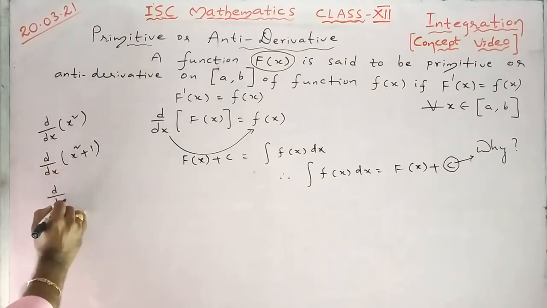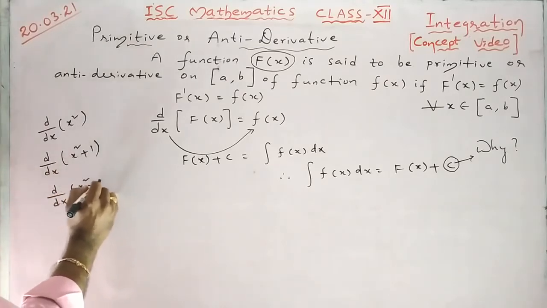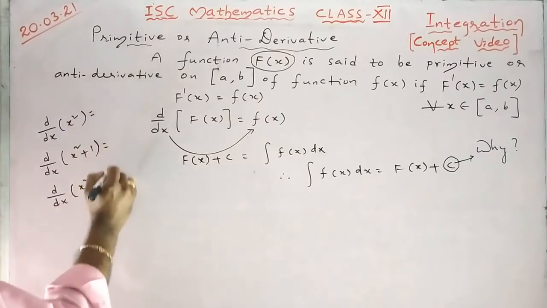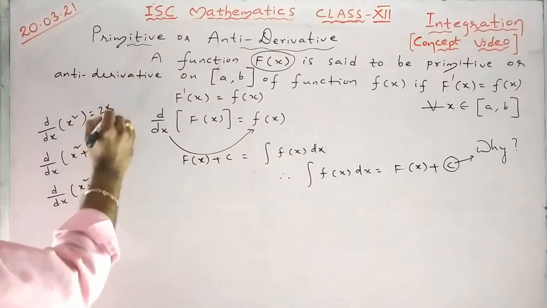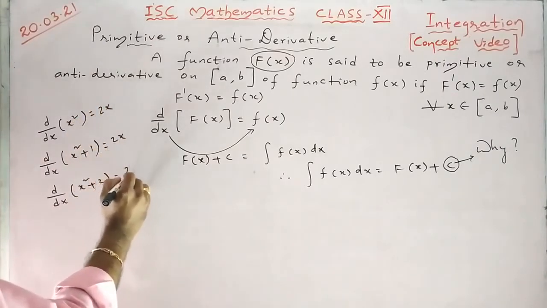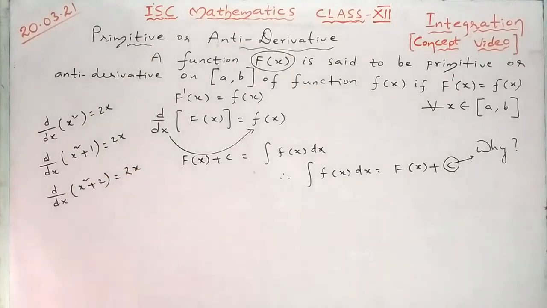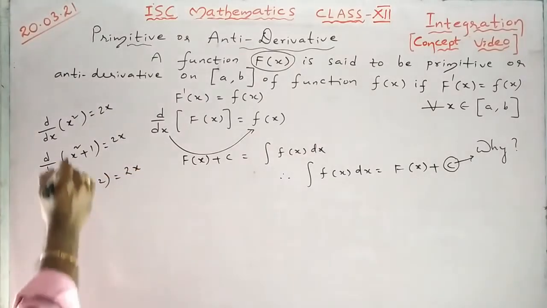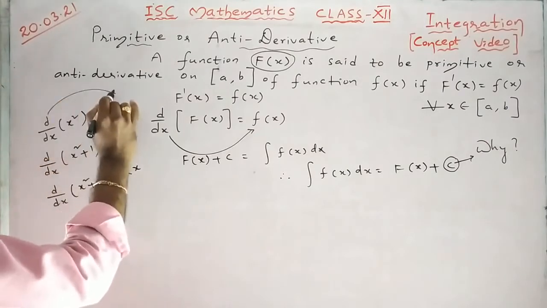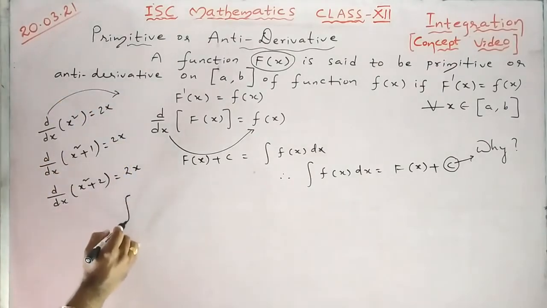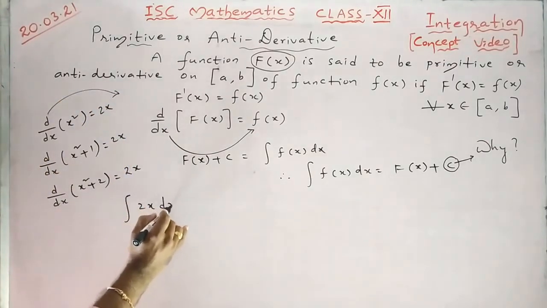What is the derivative of x square plus 2? Everywhere we have 2x. Suppose if this d by dx comes this side, then we can write integral 2x dx